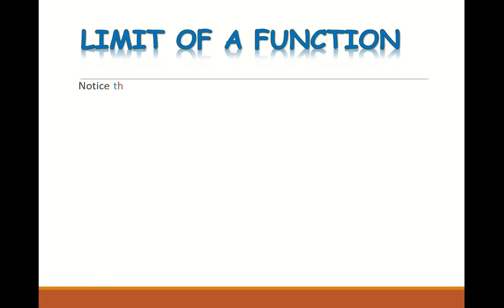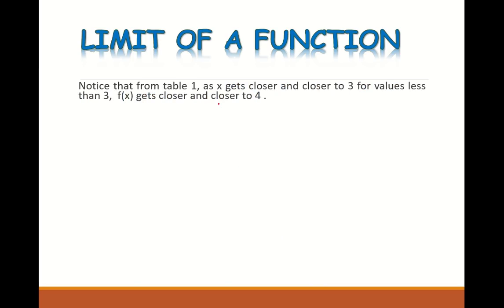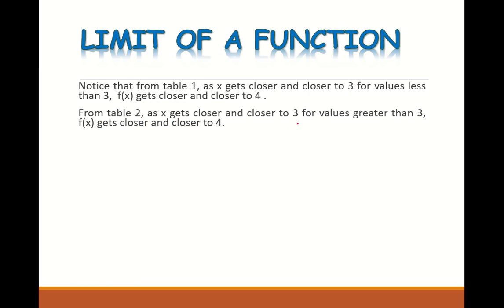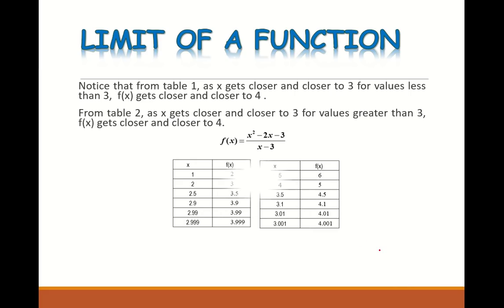Okay, so we have noticed here from table 1, as x gets closer and closer to 3, for the values less than 3, we have seen that f of x gets closer and closer to 4. So that's from table 1. Then from table 2, as x gets closer and closer to 3, for the values greater than 3, f of x gets closer and closer to 4. Right? So you have seen here, as x approaches 3, we've noticed that our f of x also gets closer and closer to